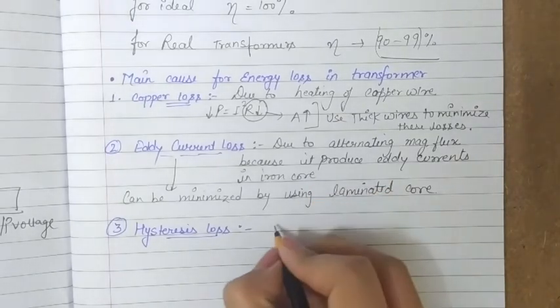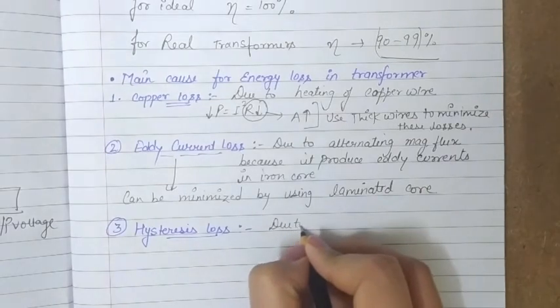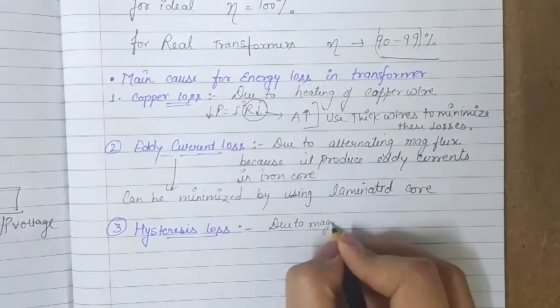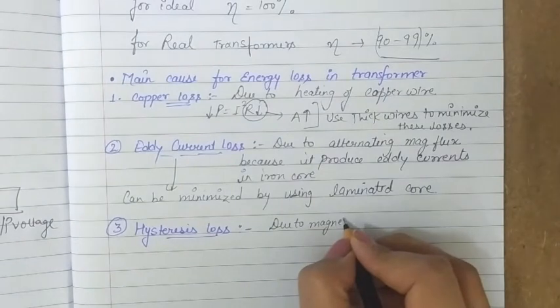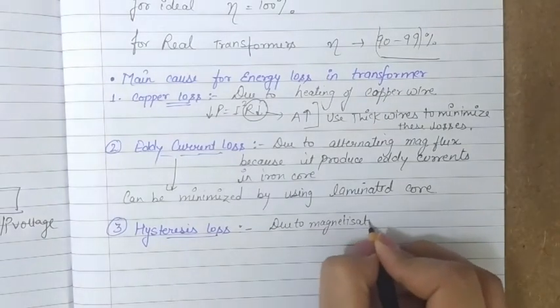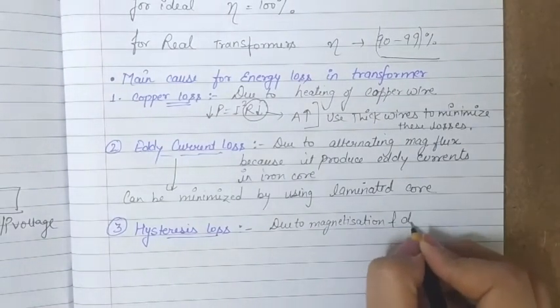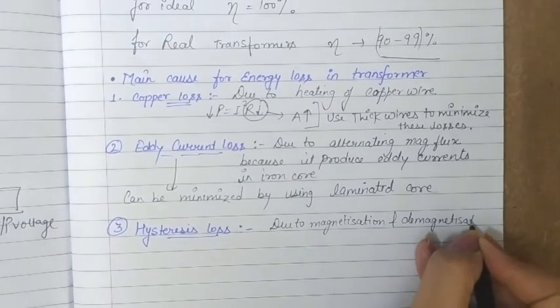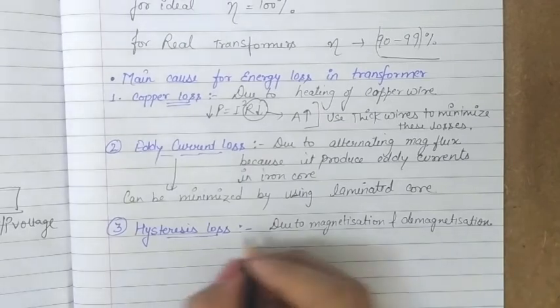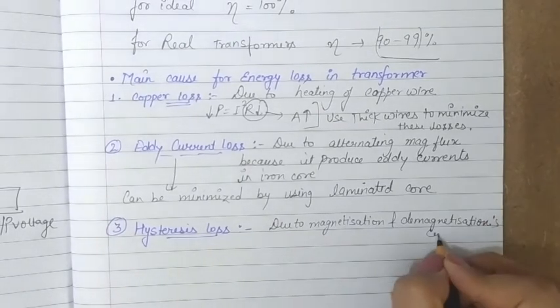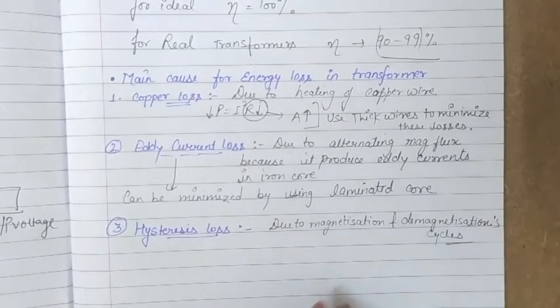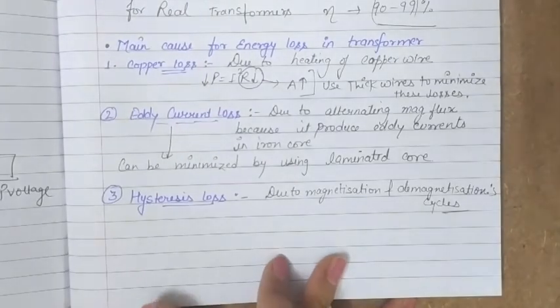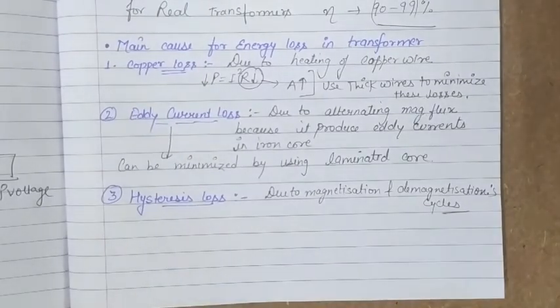So this loss is due to magnetization and demagnetization cycles. Because of these cycles there is some work done in each cycle